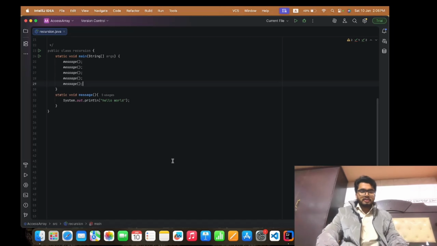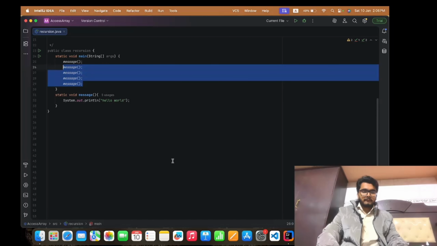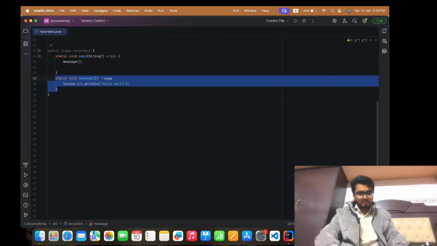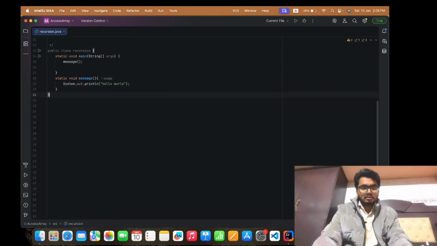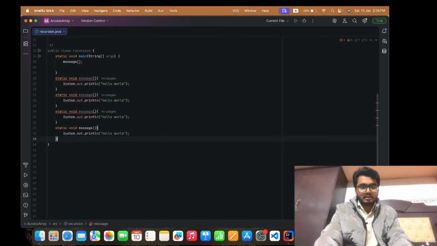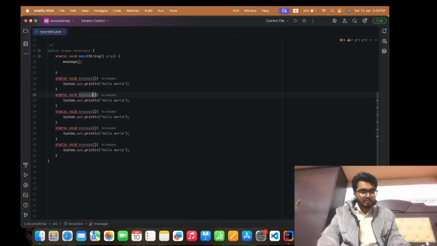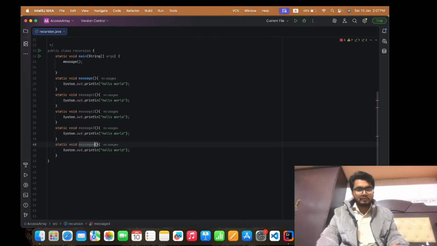What else I can do is, I can copy this whole method and paste it 5 times, and just rename the methods like message 1, message 2, message 3, message 4.